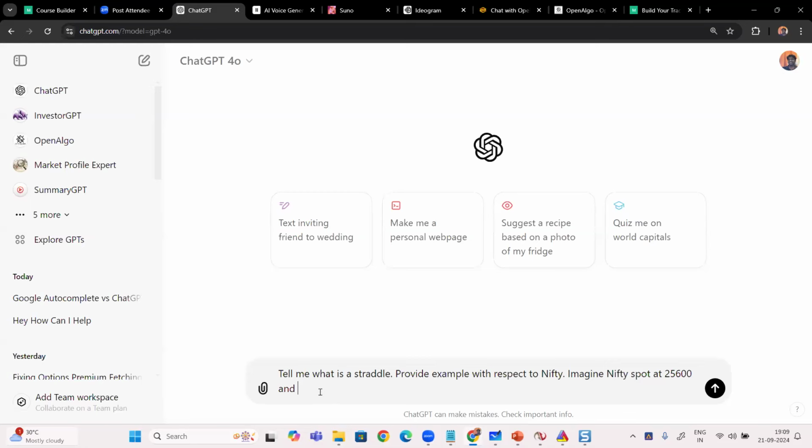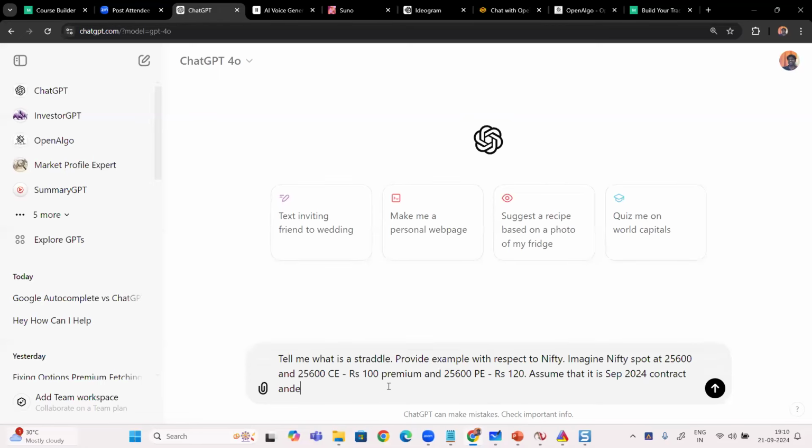And I'm also giving a 25,600 call option. C means call option. The model is capable of understanding human-like conversations. Let's say that is 100 rupees premium, and let's say the 25,600 put option is at 120 rupees premium. So the moment I type enter, assume that it is the September 2024 contract,